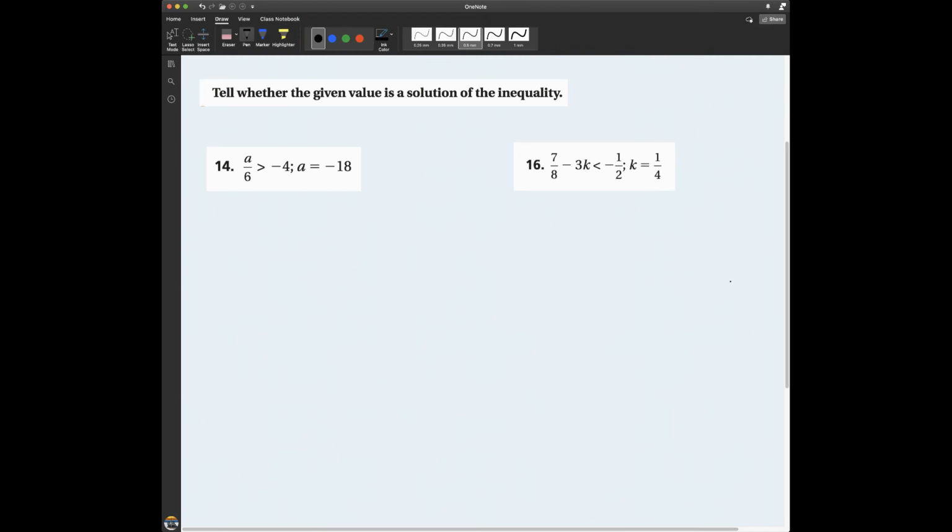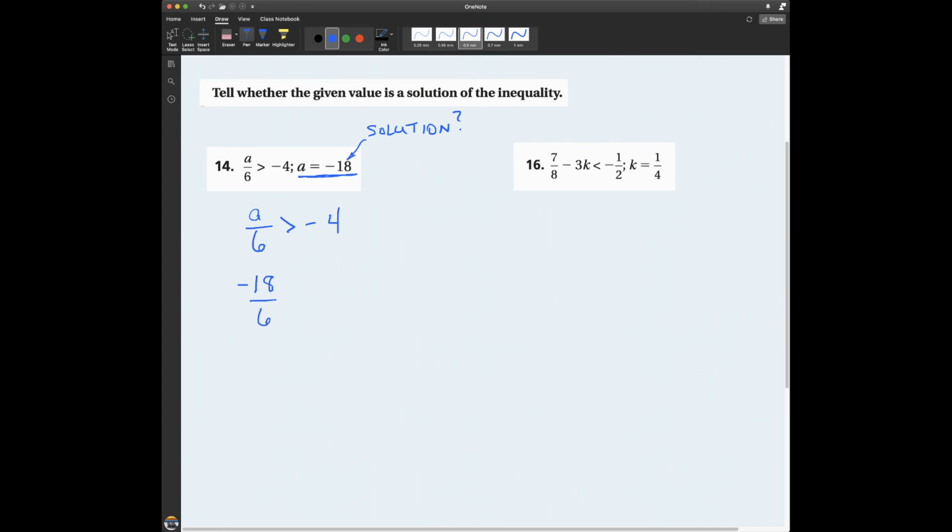So for these two problems, what we want to figure out, let me look at the first one here, is if I tell you what A is, is this a solution? Is negative 18 a solution? Basically, we have to check and see if negative 18 is a solution to this inequality. So let me write the inequality down. A divided by 6 is greater than negative 4. I want to know if I substitute negative 18